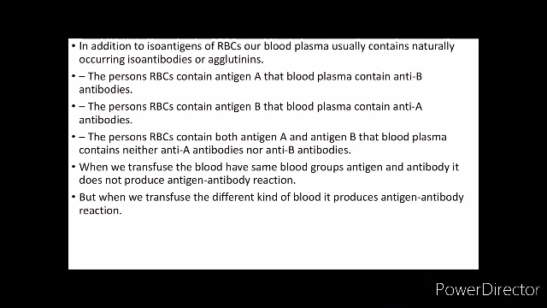So, that person's blood plasma contains neither anti-A antibodies nor anti-B antibodies. Clear? And if the person's blood group is O, that person's blood plasma will have both anti-A antibodies and anti-B